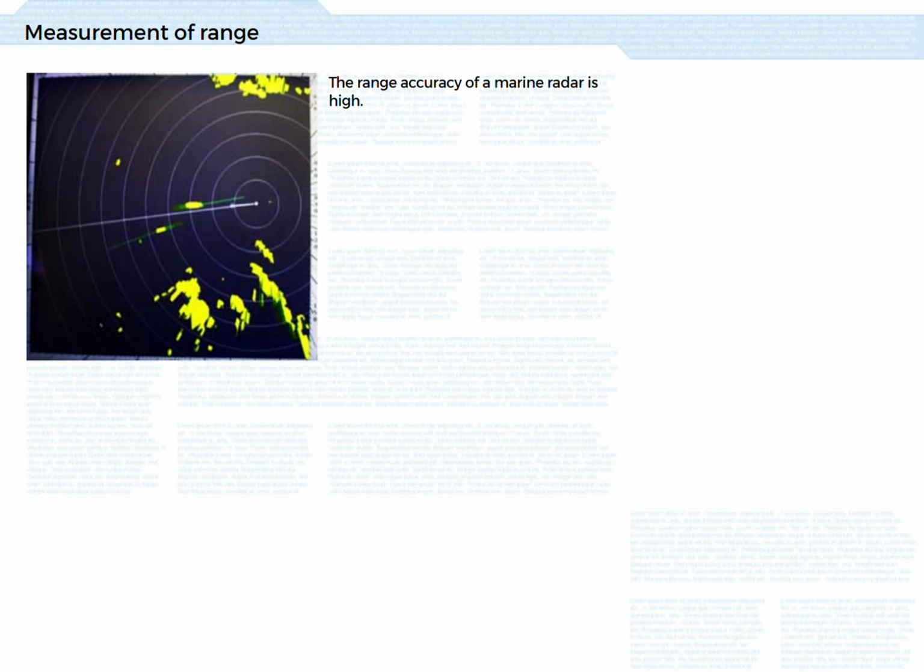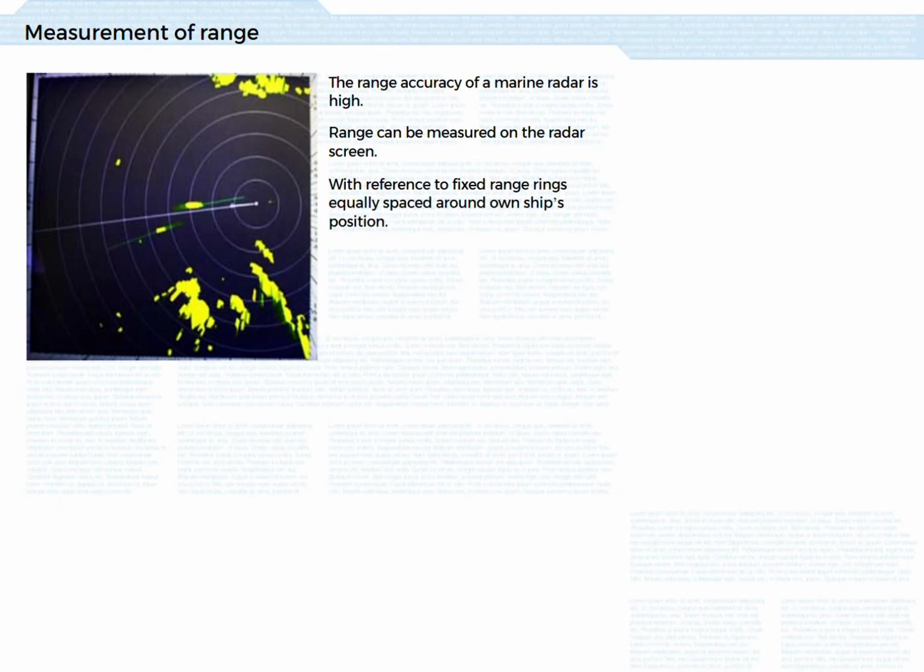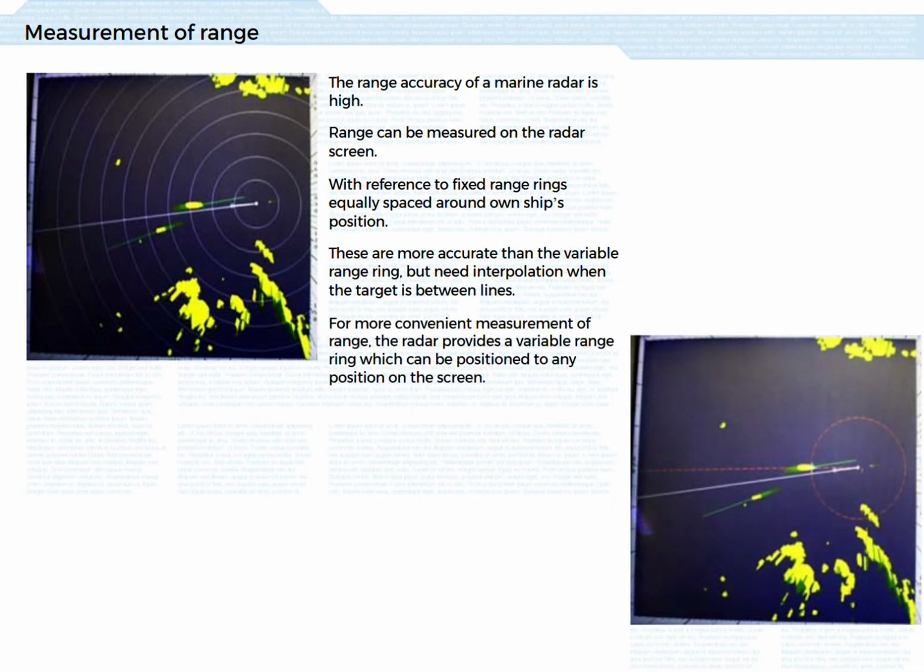The range accuracy of a marine radar is high. Range can be measured on the radar screen, with reference to fixed range rings equally spaced around own ship's position. These are more accurate than the variable range ring, but need interpolation when the target is between lines. For more convenient measurement of range, the radar provides a variable range ring, which can be positioned to any position